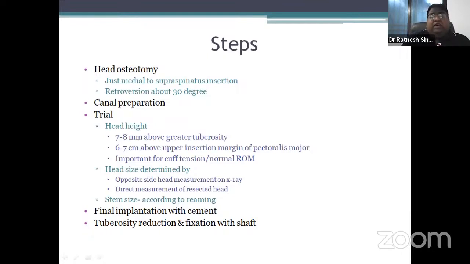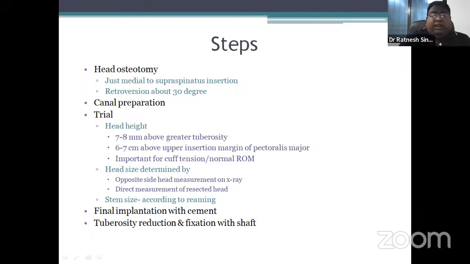the reference from the insertion of upper margin of pectoralis major, from where it should be at least 6 centimeter above the upper margin of pectoralis major, or if the patient is tall, you can take up to 7 centimeter above it for better tensioning of the joint. And